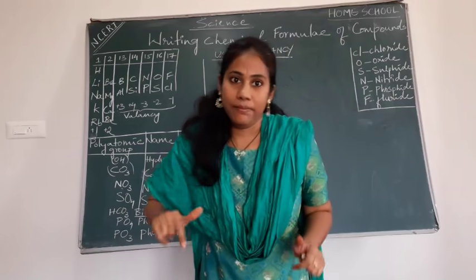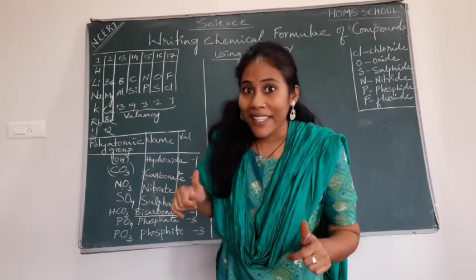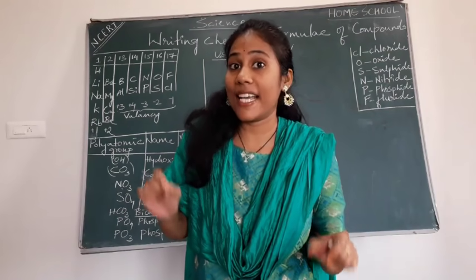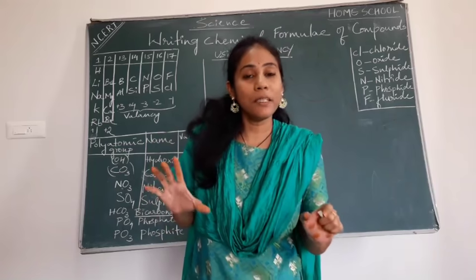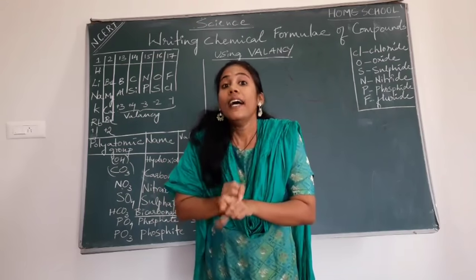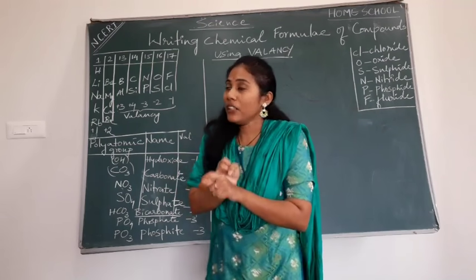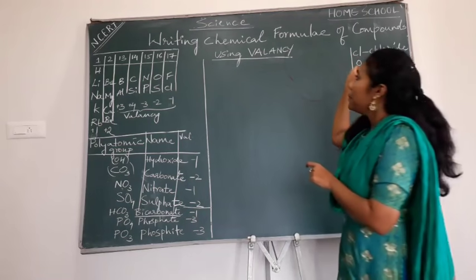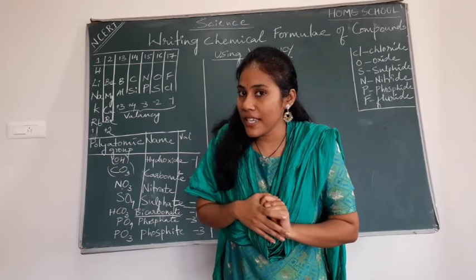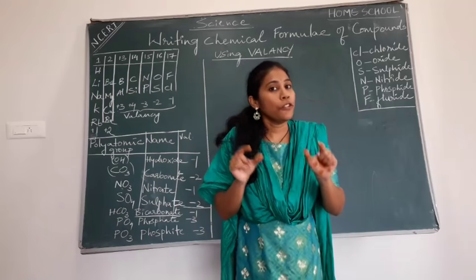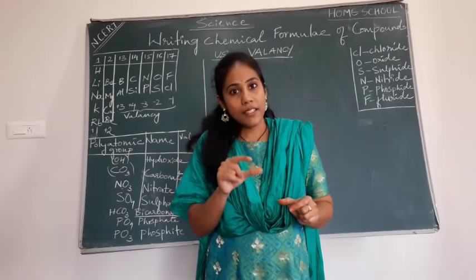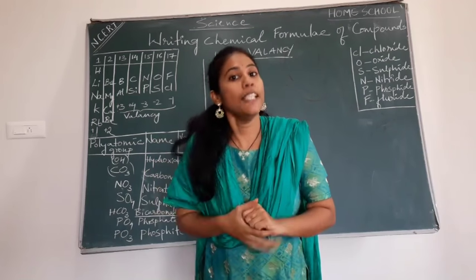Okay, fine. We are entering into a second video and I'm back with chemistry again. And you all have seen the first video. It has some basics. I covered the important basic aspects about periodic table and then something about the valency. Now with that information we are going to study how to write chemical formulae of a compound using valency. For this topic those basics are very much essential. You have to revise them once again, and if you want to see the video once again, just follow the link I have sent you, or you go for chemistry introduction 1 video in homeschool channel.